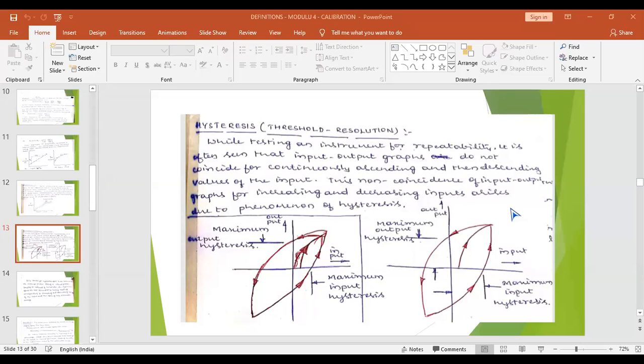This phenomenon is used in the manufacturing of utensils which are used in your kitchen, and the same phenomenon is used in the drum of the boiler, and in many applications we use this concept. That is nothing but alternate loading of a specimen in opposite directions. That is known as hysteresis. Hysteresis means loading the specimen in the alternate direction: once in tension, on the other side in compression.